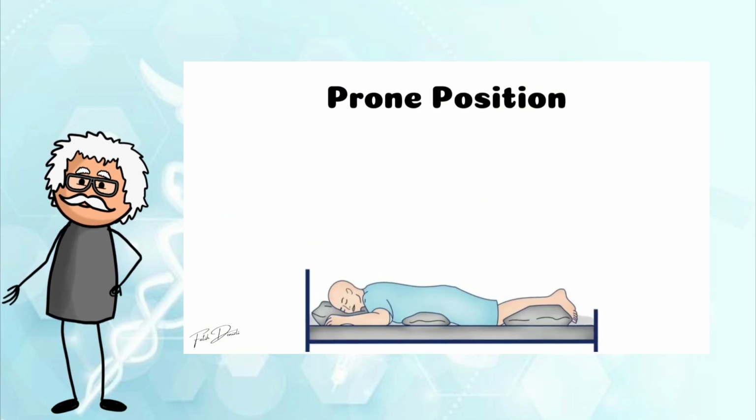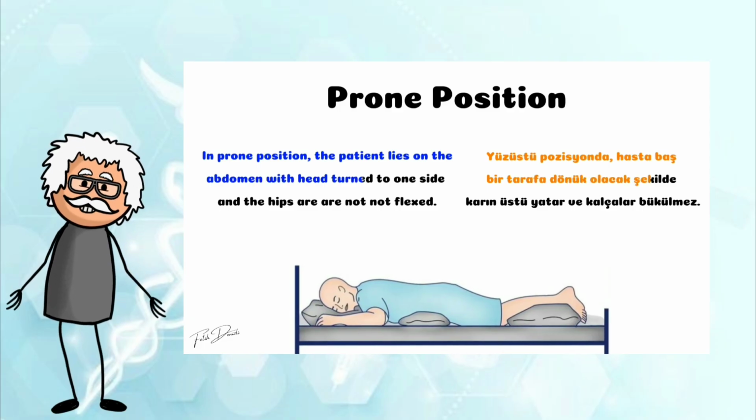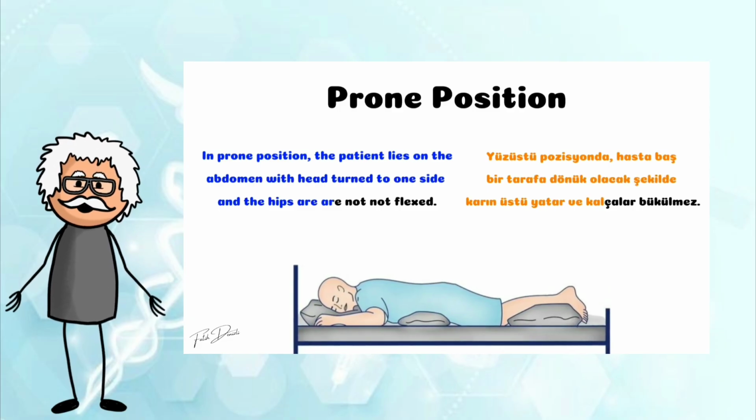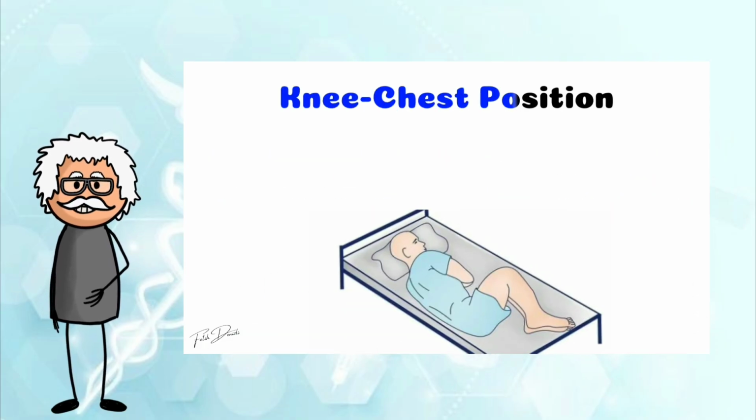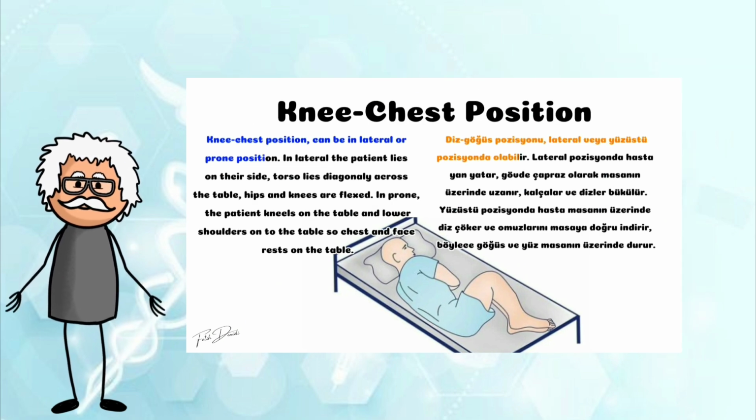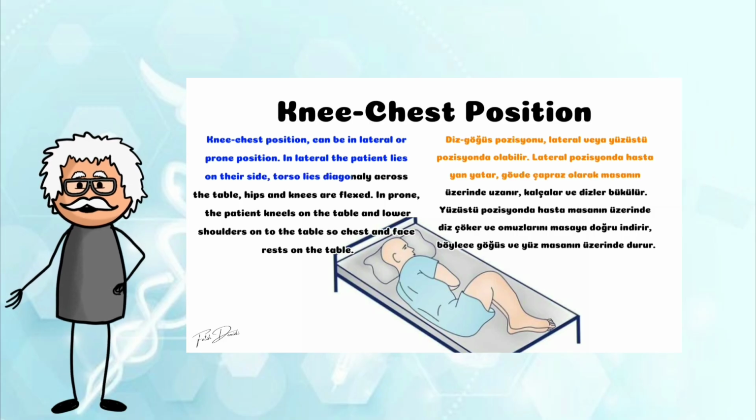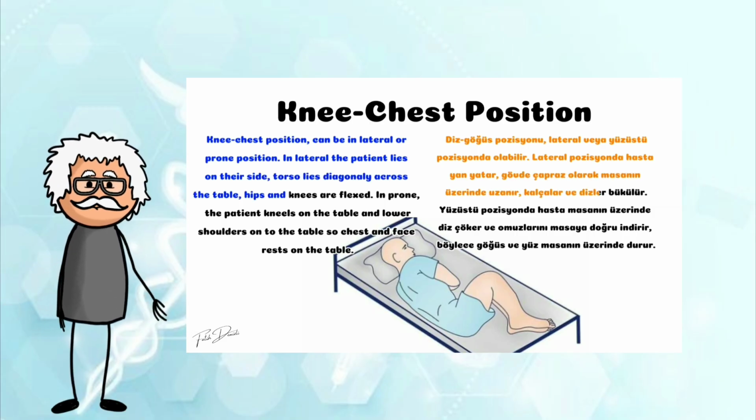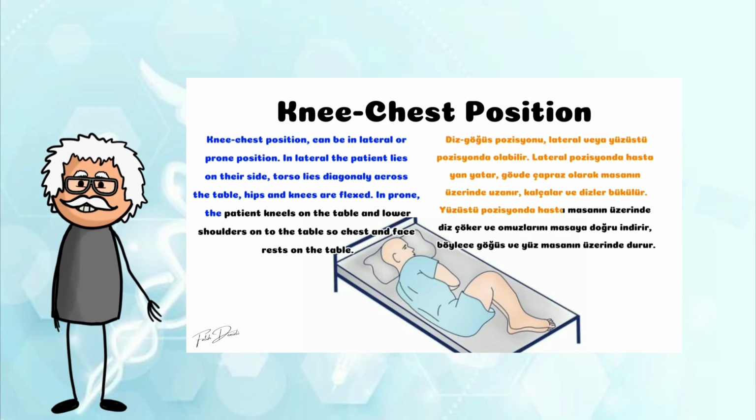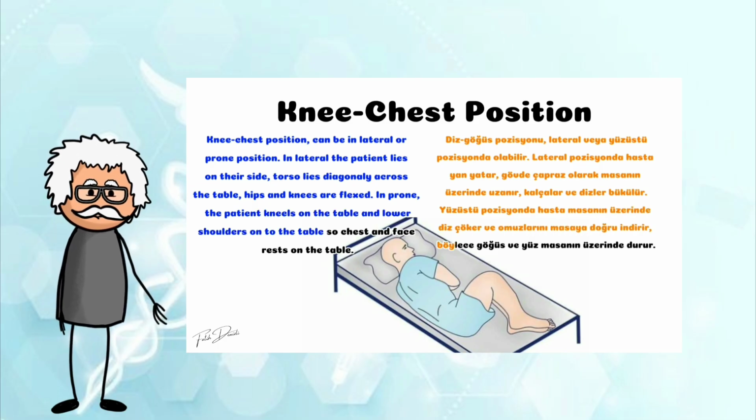Prone position. In prone position, the patient lies on the abdomen with head turned to one side, and the hips are not flexed. Knee chest position. Knee chest position can be in lateral or prone position. In lateral, the patient lies on their side, torso lies diagonally across the table, hips and knees are flexed. In prone, the patient kneels on the table and lowers shoulders onto the table so chest and face rest on